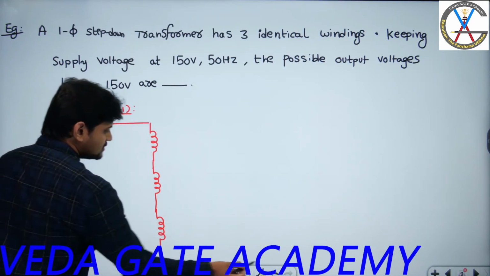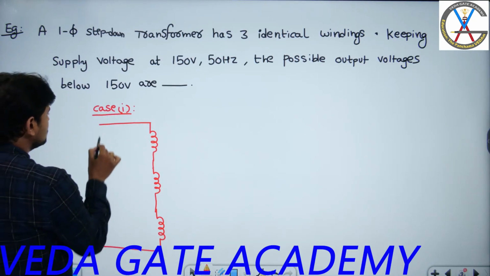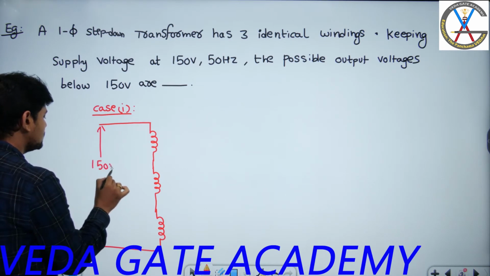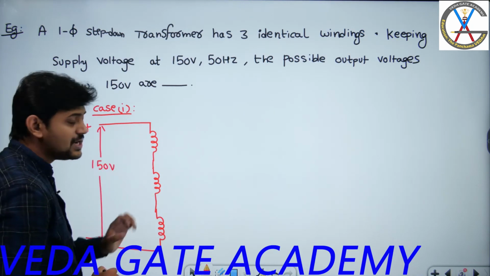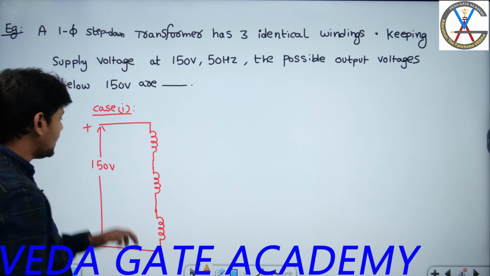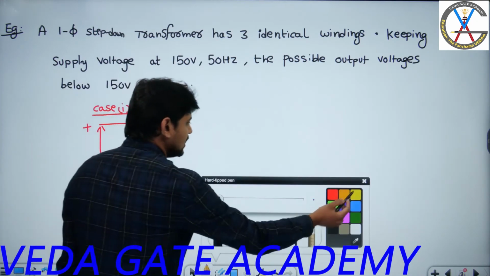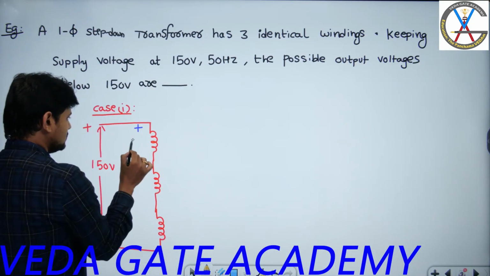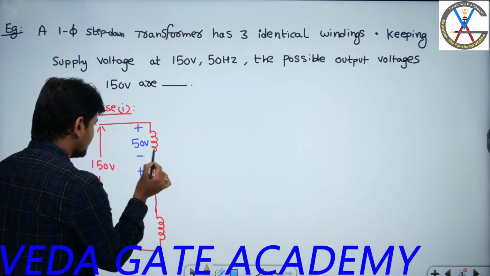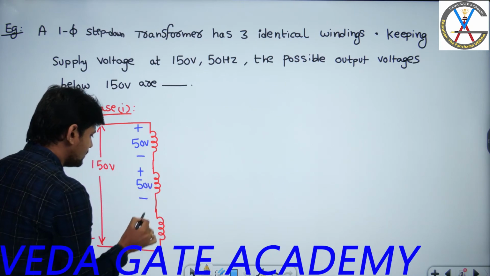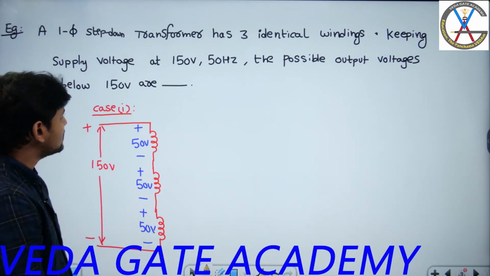And what I am doing is, now across all three windings, I am connecting a supply voltage. So what is the supply voltage, guys? 150 volts. Okay, and the moment I say this is plus minus, since these are three identical windings, the entire voltage will be equally divided among these three. So can you tell me what is the voltage across each identical winding? 50 volts. This is also 50 volts. It will satisfy KVL, right? So this is about my primary winding.